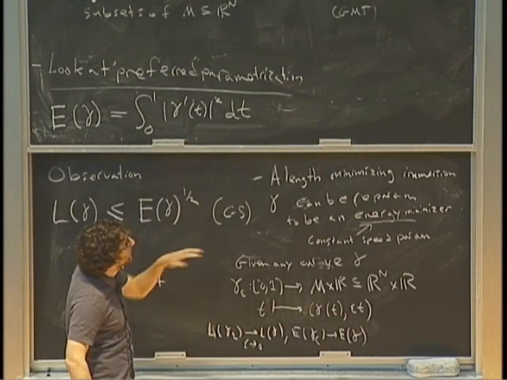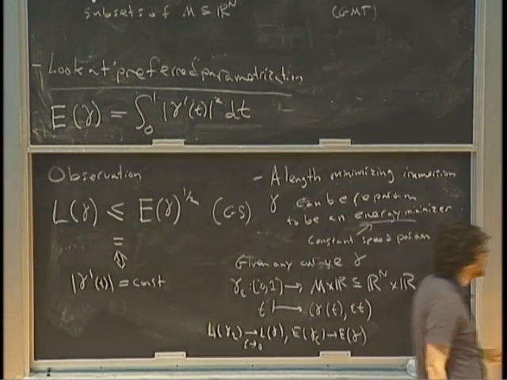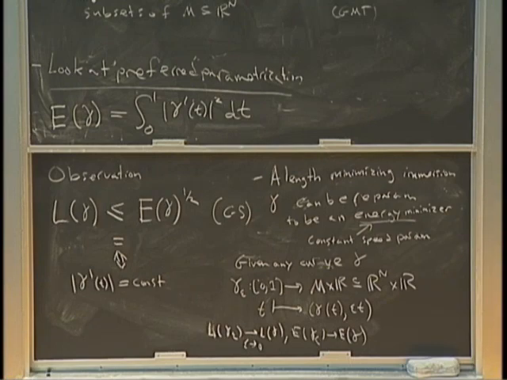But you're not allowed to take any variation if you have this constraint M. So if you work it out, you get that the Euler-Lagrange equations are that gamma double